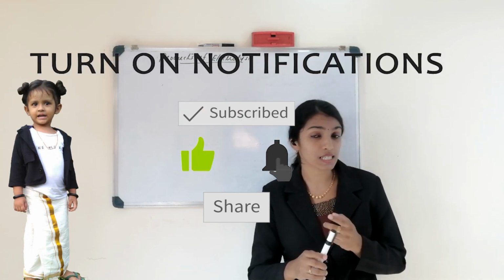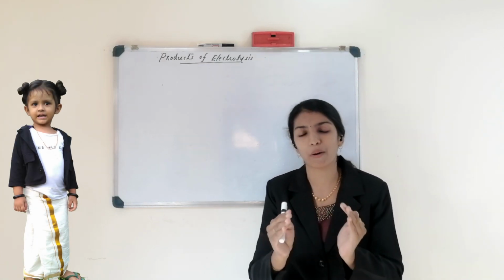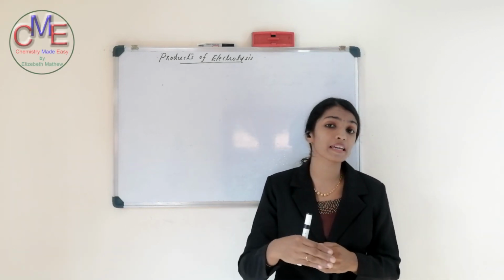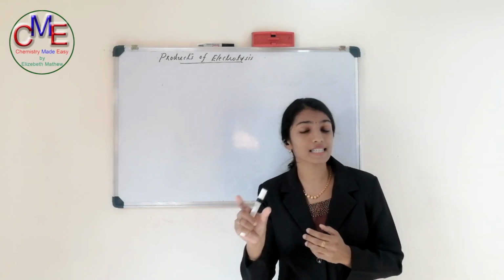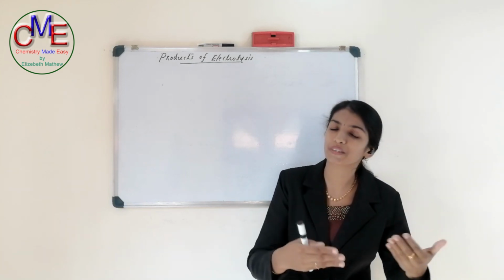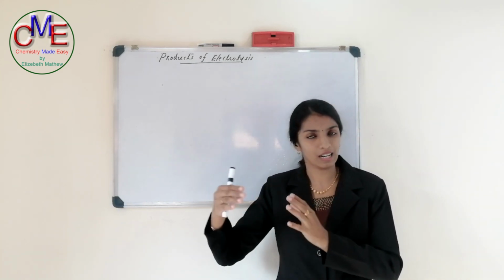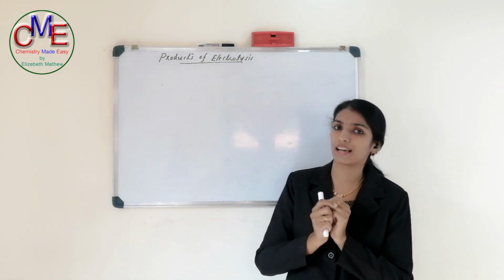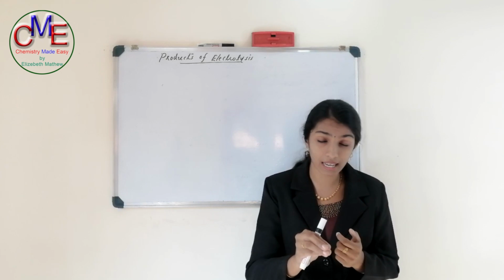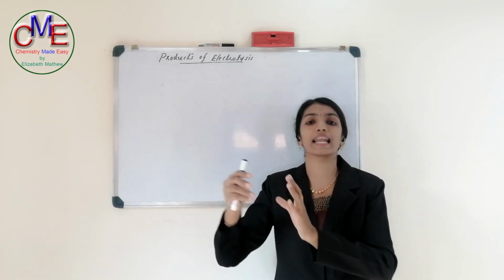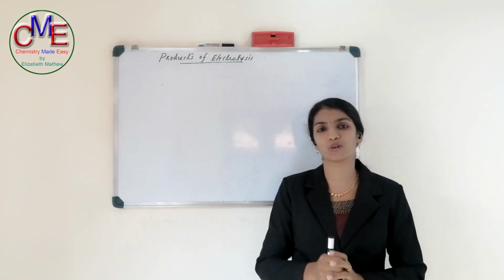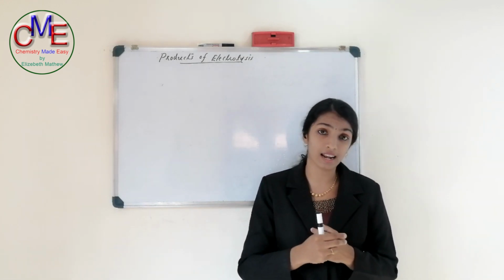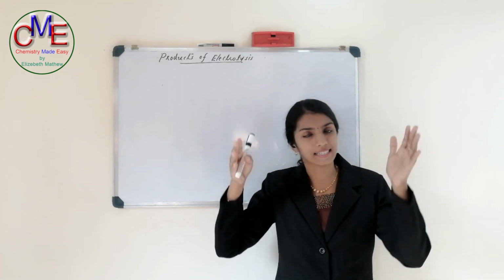An electrolytic cell uses electrical energy to bring about a chemical reaction, right? Whereas electrochemical cells generate electrical energy from chemical reactions. An electrolytic cell uses electrical energy to carry out the chemical reaction, whereas an electrochemical cell produces electricity from certain types of chemical reaction. So in an electrolytic cell, you have a tank.